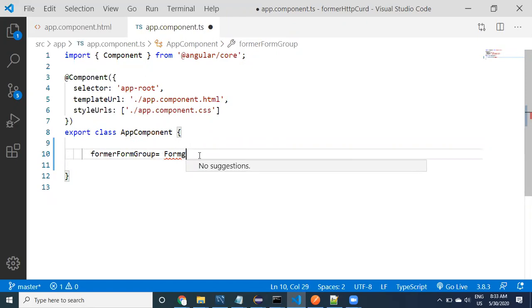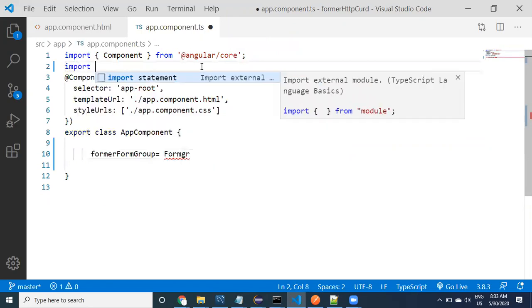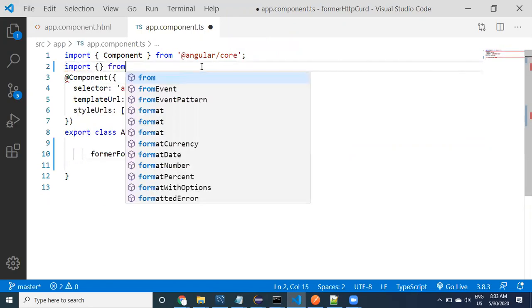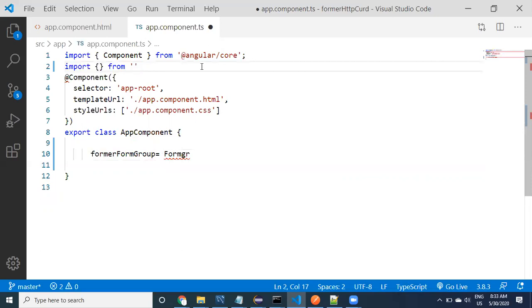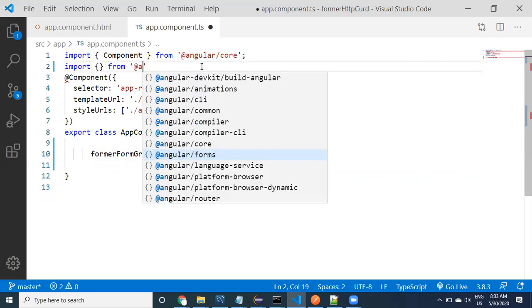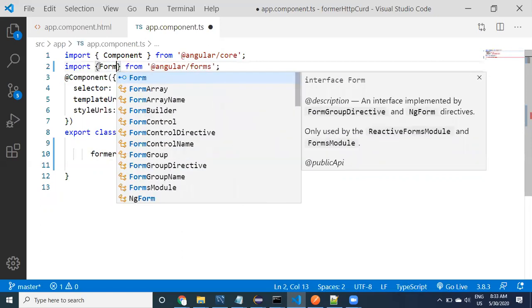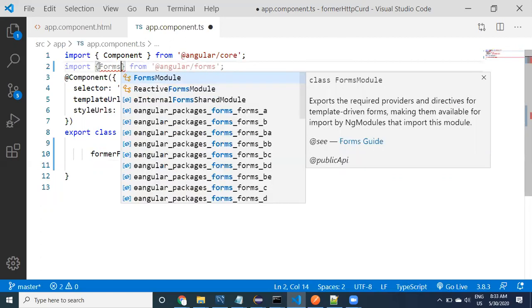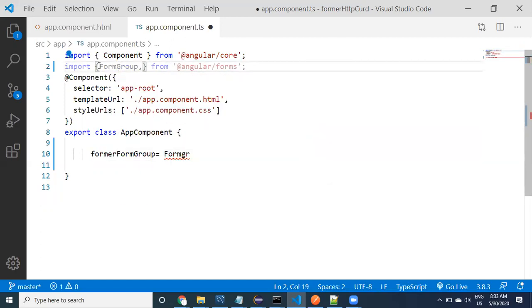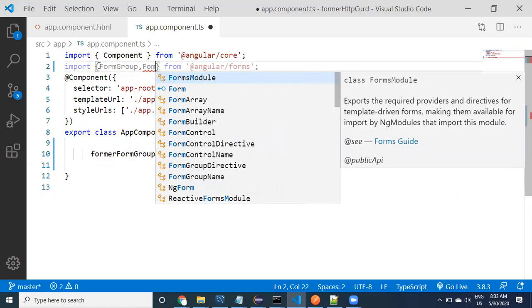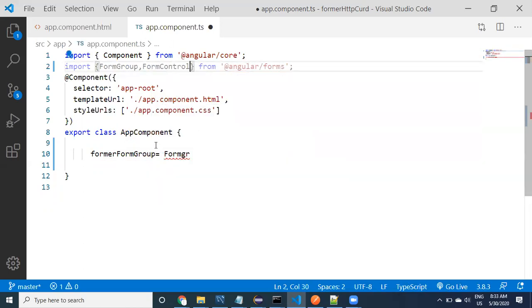If it is not showing, you need to import from @angular/forms. Here we need FormGroup and FormControl. These are the two classes required here.